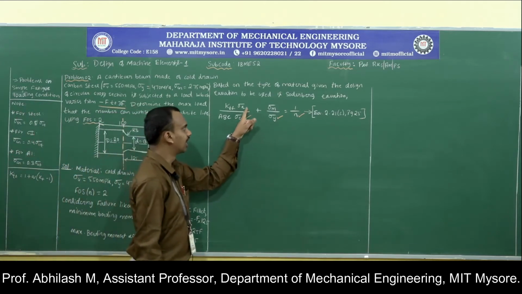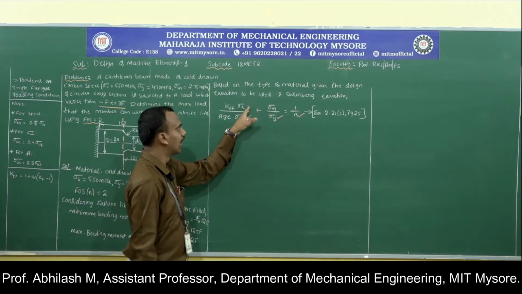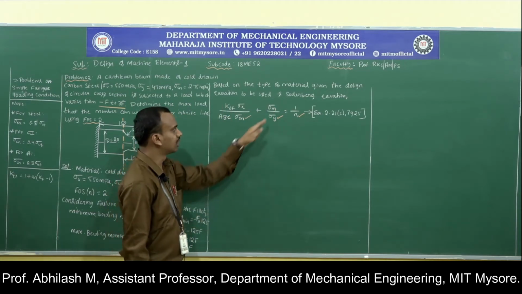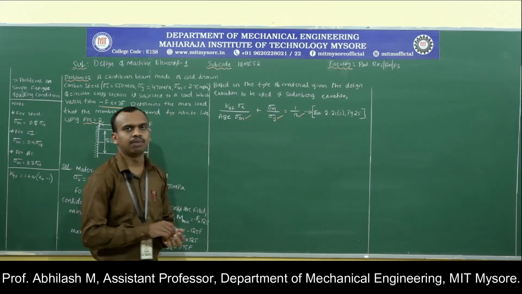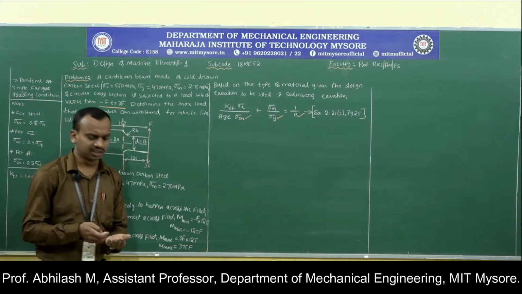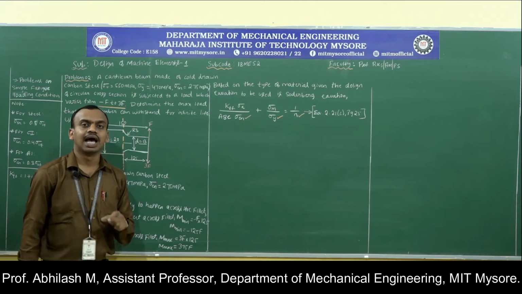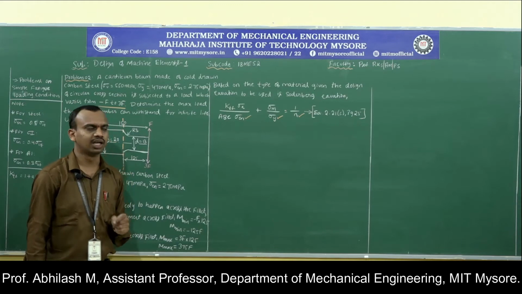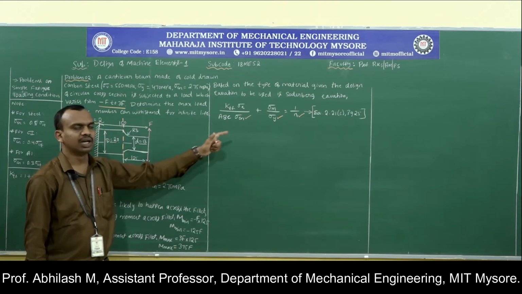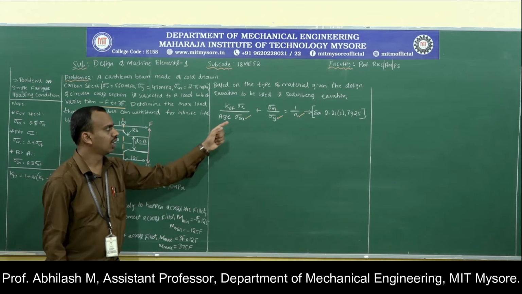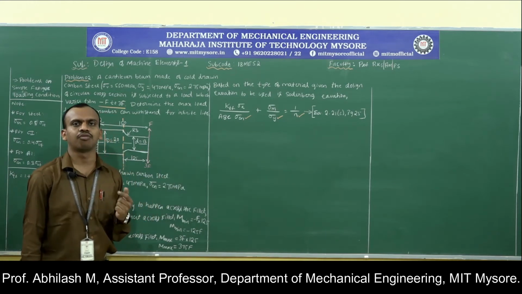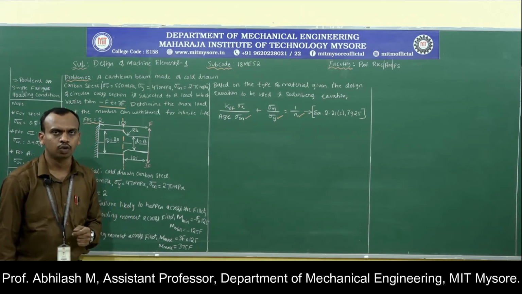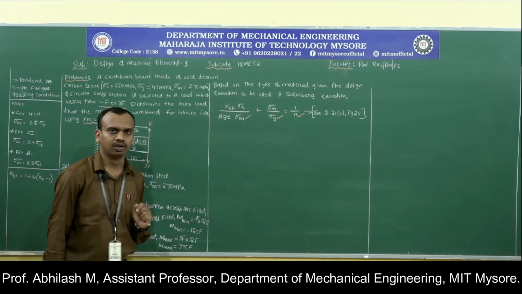Now, let us try to calculate the unknowns, which are mean, amplitude, the KTF and the ABC parameters. First, we are supposed to calculate the mean and the amplitude stress. What is the mean stress? The mean stress is an average of minimum and the maximum stress. What is an amplitude stress? It is 1/2 of the range of stress, or sigma max minus sigma minimum divided by 2 will give us the value of the amplitude stress.